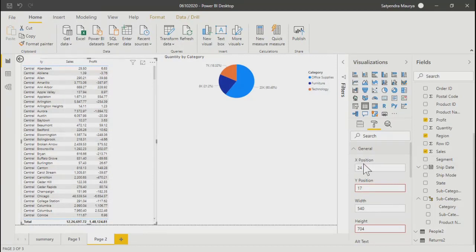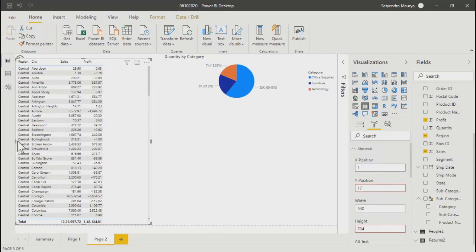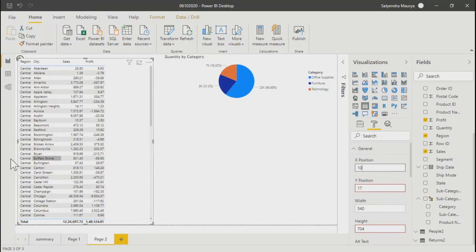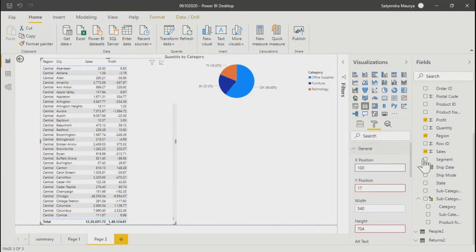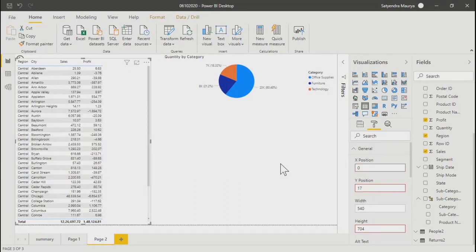So let's say if you put it as 1, what will happen? It will start exactly from the first level. If you put 10, you'll see it got shifted a bit. That is the layout arrangement that you need to learn. So I'll put maybe 1 or 0 for X, and similarly for Y I can put 20 so that on top I can get some space. Maybe not 20, maybe 100, I believe.